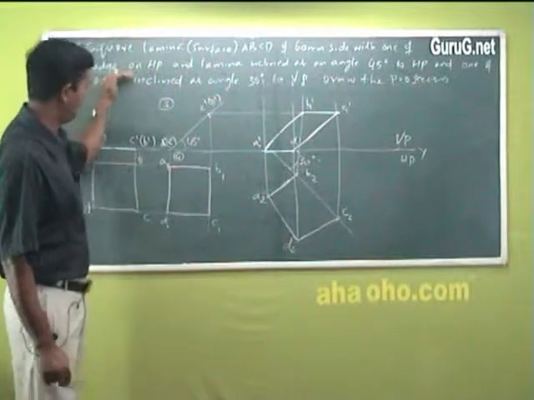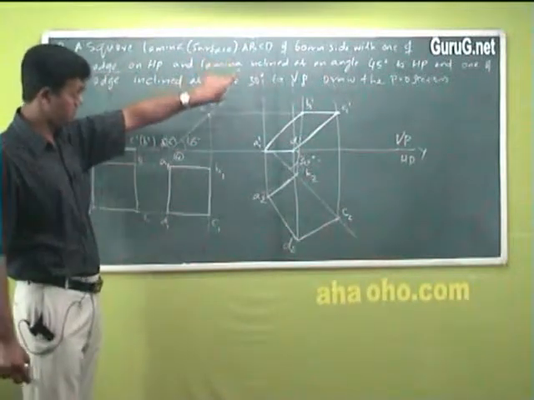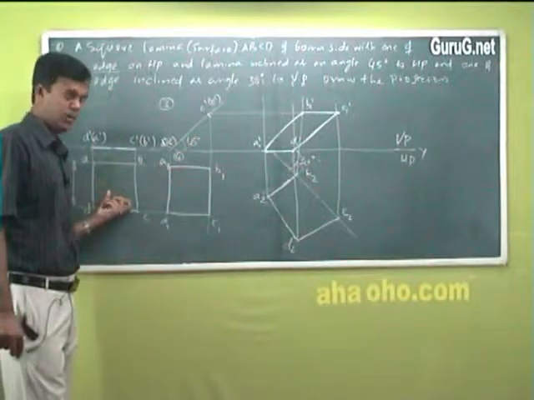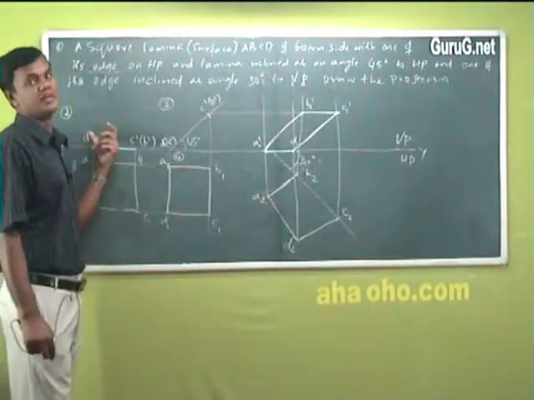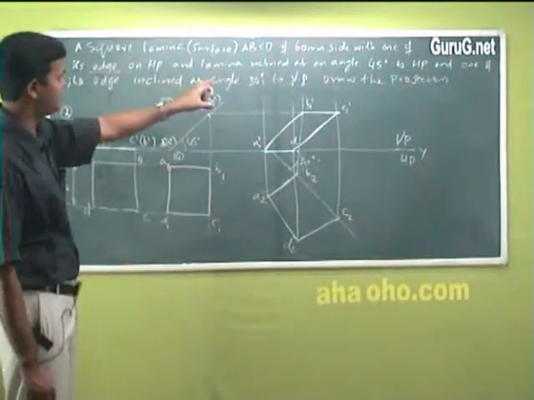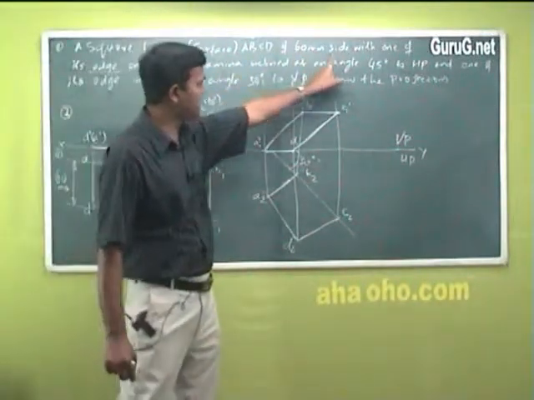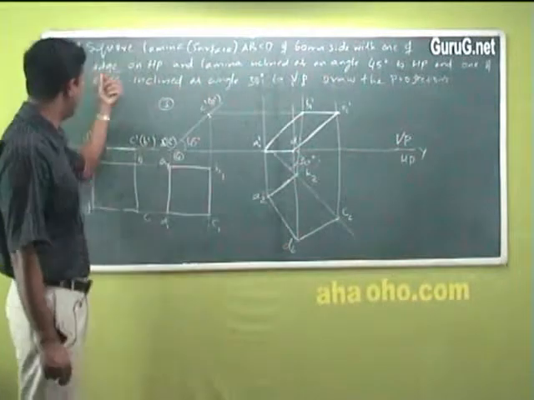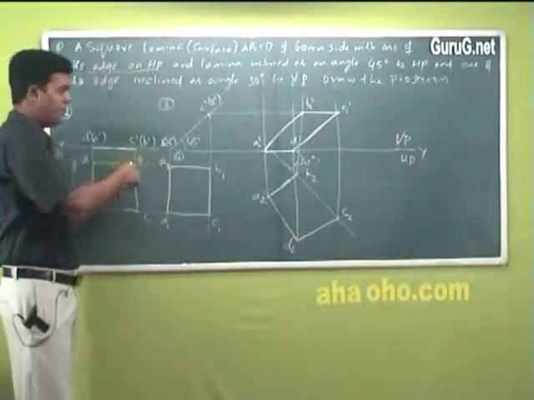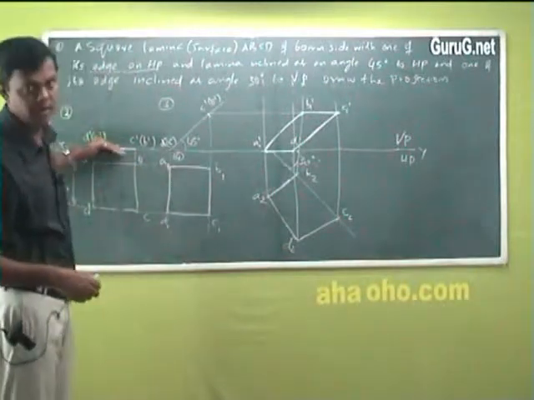So the main thing is you understand the points and first place the first front view and first top view, which is to be the true shape and which is the projected shape is very, very important. Then you can simply consider. And the only change in this problem is what? It is 60 millimeter side, one of its edge on HP. It is very, very important. Since it's on HP, it has to rest on the XY line.